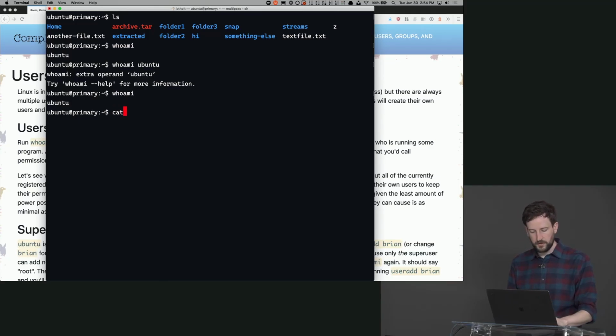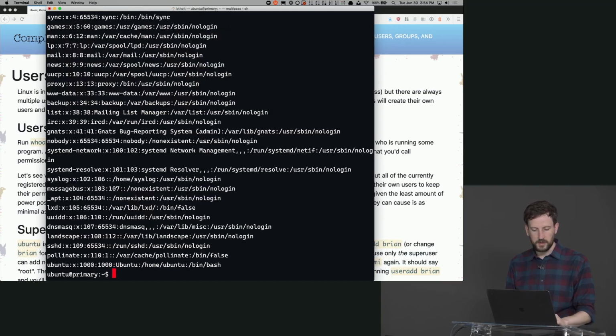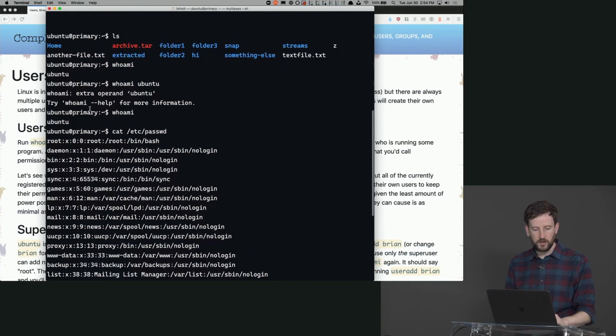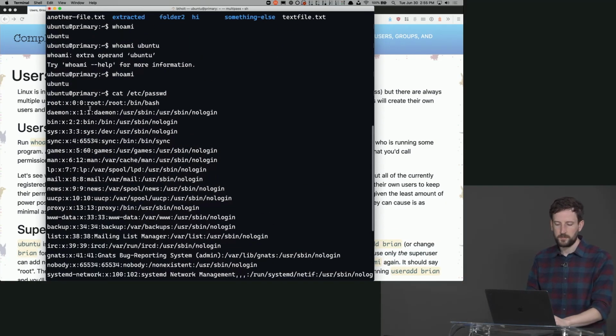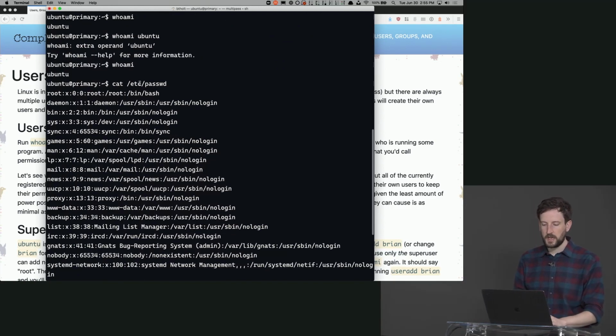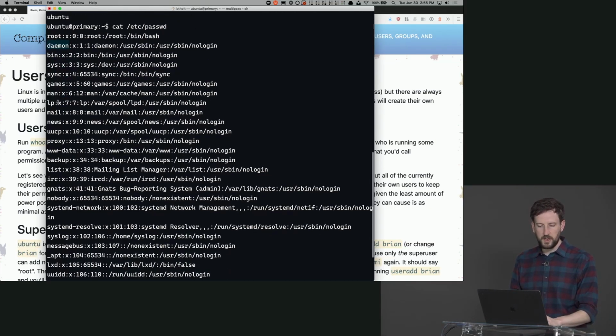But if we say cat /etc/passwd, we can actually see the names of all of the users on our computer at this particular time. /etc/passwd is a file that exists on your computer that keeps track of all of your various different users. So we have daemon, bin, sys, sync, games, man, lp, mail.